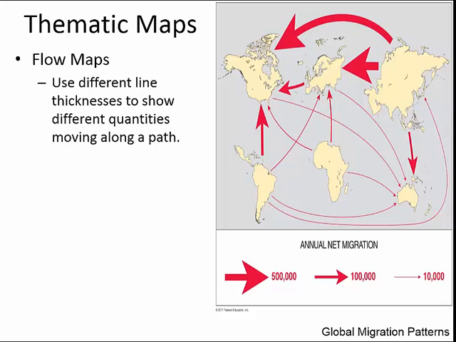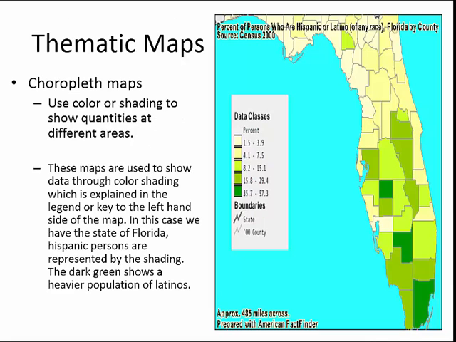Another type of thematic map that you'll be using extensively for this course, and you'll see in your textbook, are what's called choropleth maps. And choropleth maps use color or shading to show quantities at different areas, usually with darker shades indicating larger quantities, for example. And with this map here, you're seeing the Latina or Latino population. The darker shading shows higher quantities, and then down to the lighter shading showing smaller quantities, and it's showing the